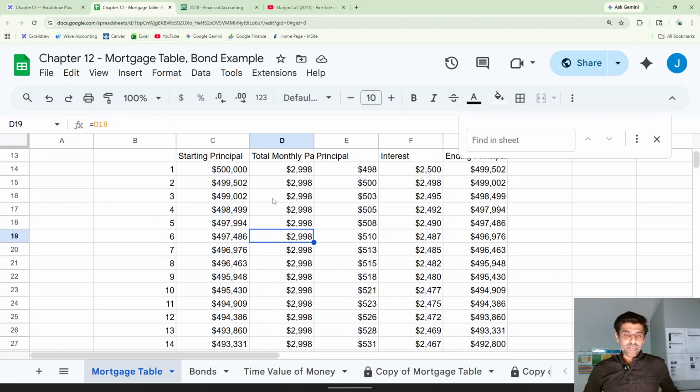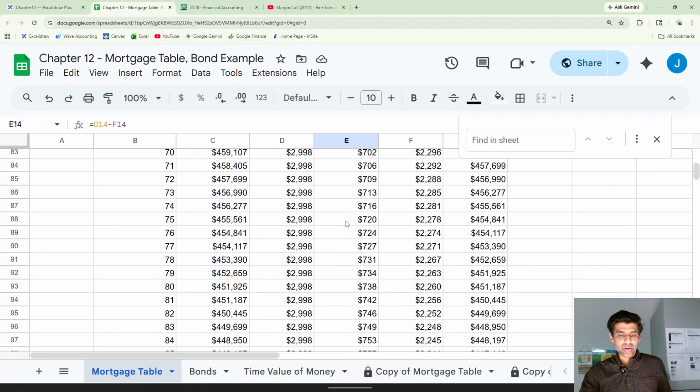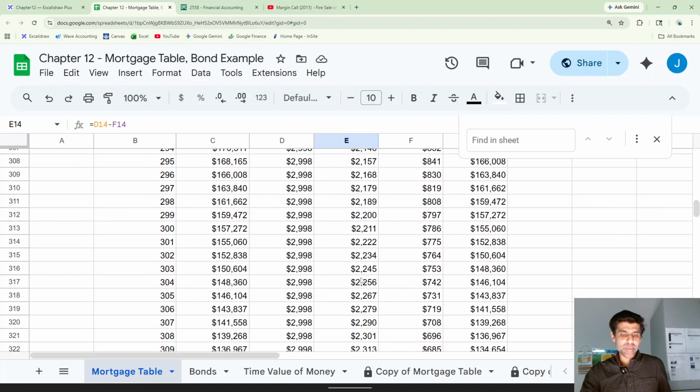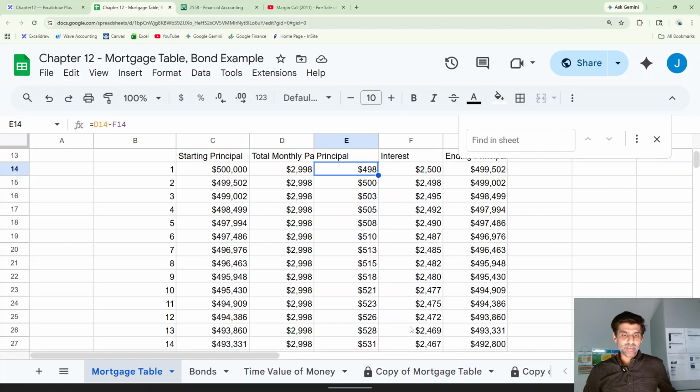Again, the monthly payment is fixed. You can see that the principal portion of every payment is going up. Okay, and as you go down, eventually in the last payment, almost all of this payment is principal because your outstanding balance is not that much, right? So you have very little interest. Okay, so if you graph this out,